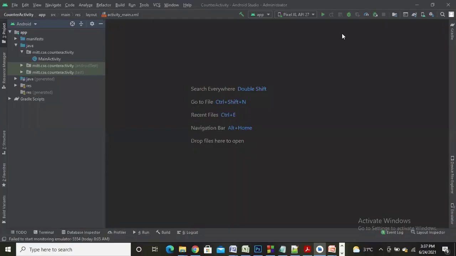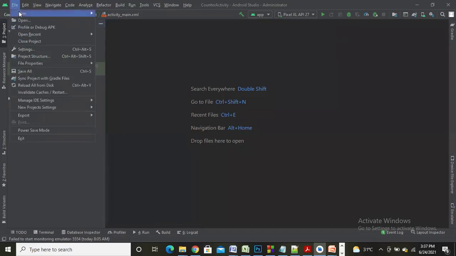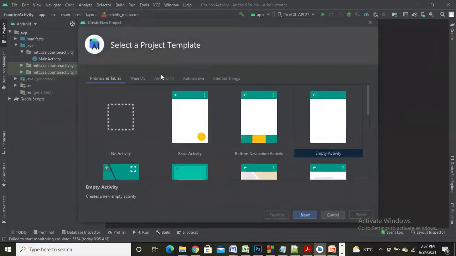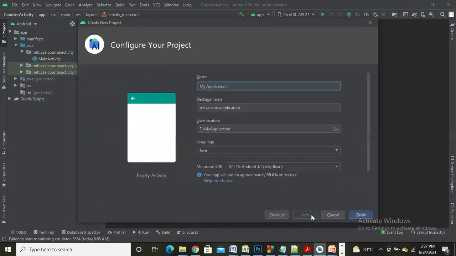So, to begin with, we open Android Studio and create a new project. Go to File. From the new, select New Project. Among different activity templates shown by Android Studio, select Empty Activity and click on Next. Now, specify the name of the application, which I'll be mentioning as Wallpaper App.